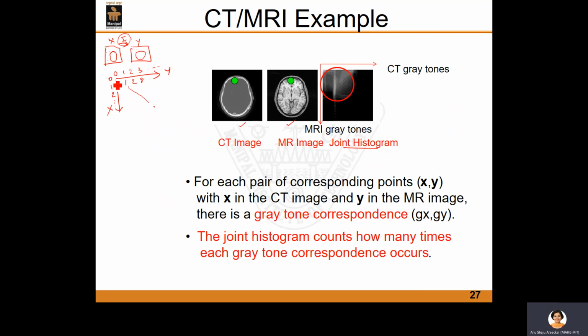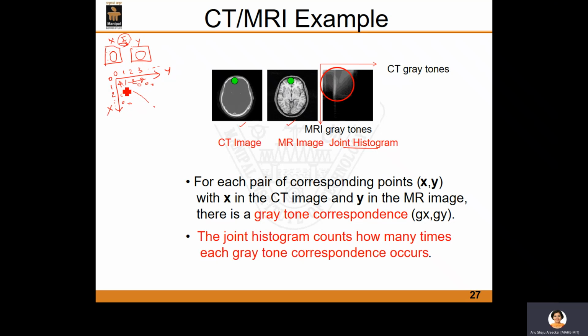That is, for (0,0) I have a non-zero number. For (1,1), along (1,1) I'll have a non-zero number, and so on. And for all the others I'll have zeros. Okay, so this case exists if the two images are exactly the same, right? So if the two images which I am considering are exactly the same, and I assume exactly the same in the sense that an identity transformation has occurred between the two images, then if I try